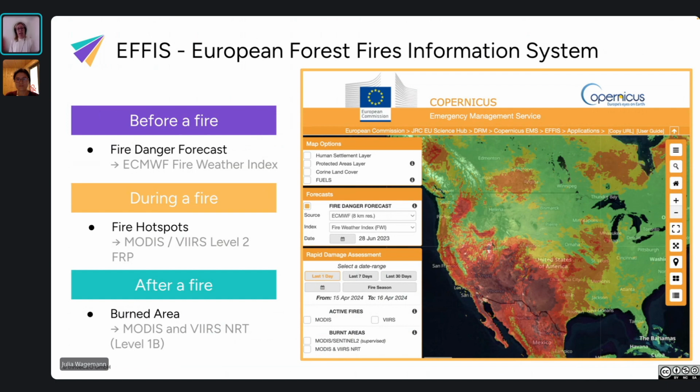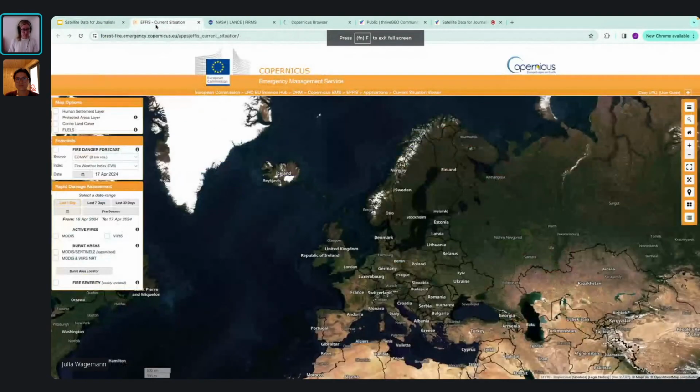So that's why I will only focus on how you can visualize the fire danger forecast in EFIS, because this is the only portal that makes this information available, whereas all the other datasets are also available in the two other portals we will introduce you to. Good. So I'll just go to the portal here. Don't worry, in the slides you will also get the direct links to all of the portals.